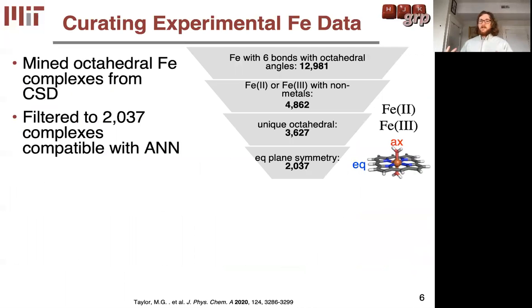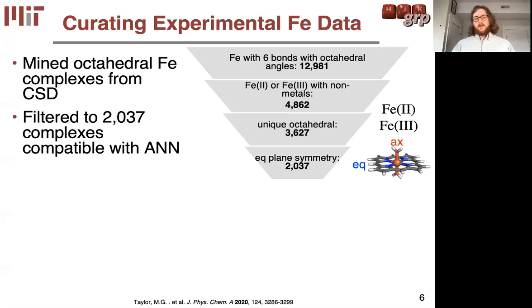So to find and track down experimentally relevant complexes for which we'd be able to determine what the ground state spin is, we want to pull out all that we can from the CSD. So we're going to mine all the iron complexes that have 6 bond lengths with roughly octahedral angles, which is about 13,000 complexes. We filter out multi-metal complexes and complexes that show differences in bonding. We get about 5,000 complexes. If we filter out structural duplicates, we actually get about 3,500 unique, or chemically distinct, octahedral complexes. And then if we further constrain the equatorial symmetry to be similar to what the ANN was trained on, where we have the same atoms connecting in the equatorial plane and roughly similar bond lengths, we're able to get about 2,000 ANN-compatible